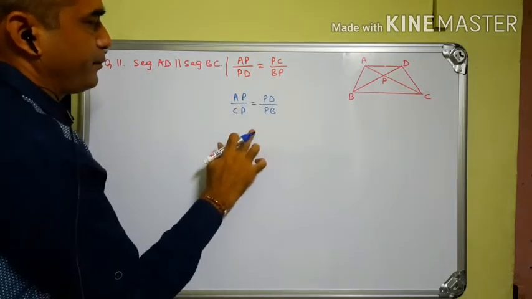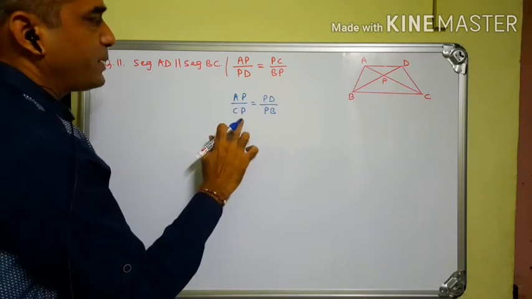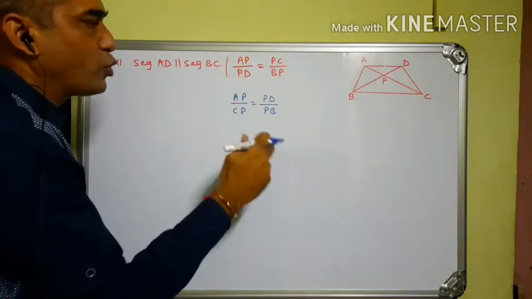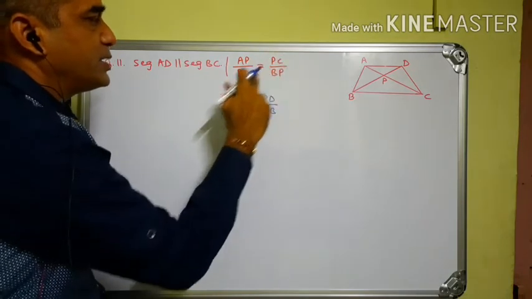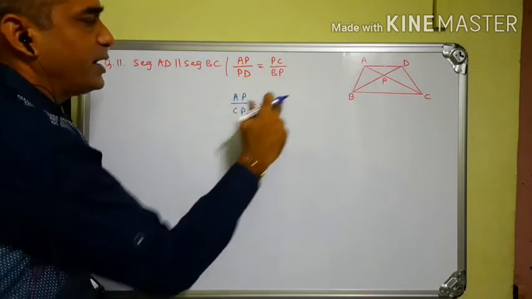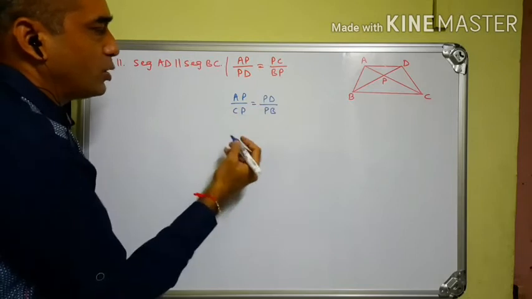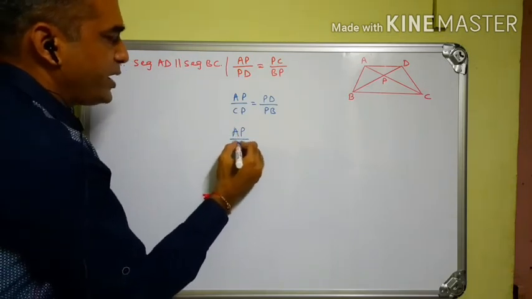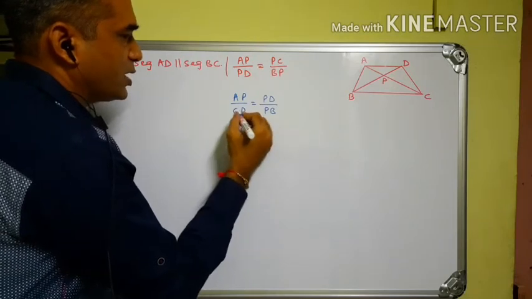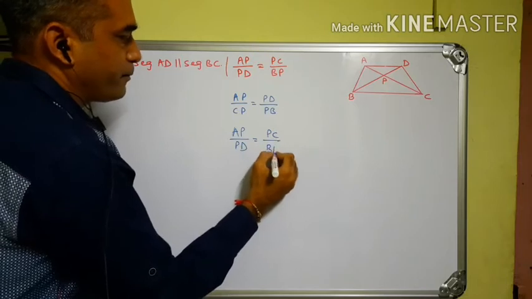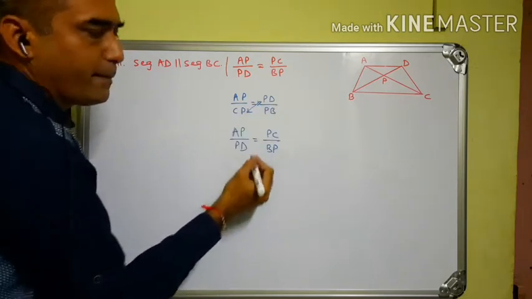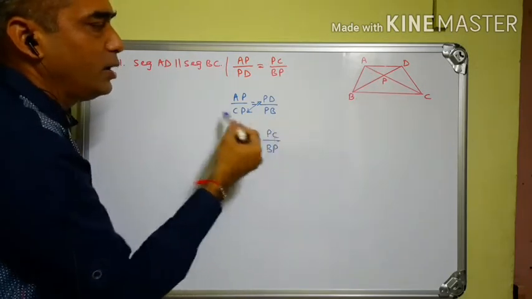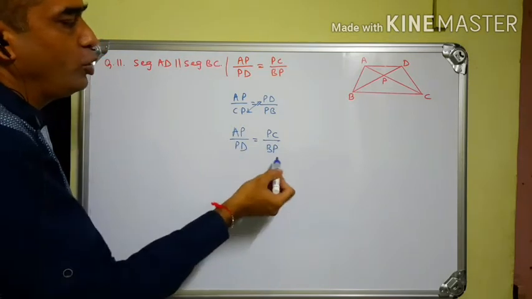Now what is the difference between this and this? AP upon CP, or PC is here, and PD is here. What we can prove has CP here and PD here, and PC and PD here, meaning PD has gone here and CP is here, these are interchanged, and we can interchange them back. We can write AP upon PD equals CP upon BP. So we can interchange this by which property? By alternando. So this is the method: first we will prove the two triangles similar, we will write the corresponding sides and by the property of alternando we will prove this.